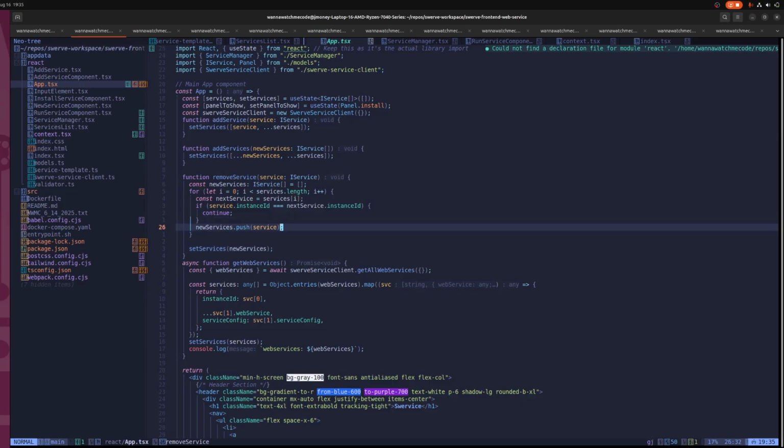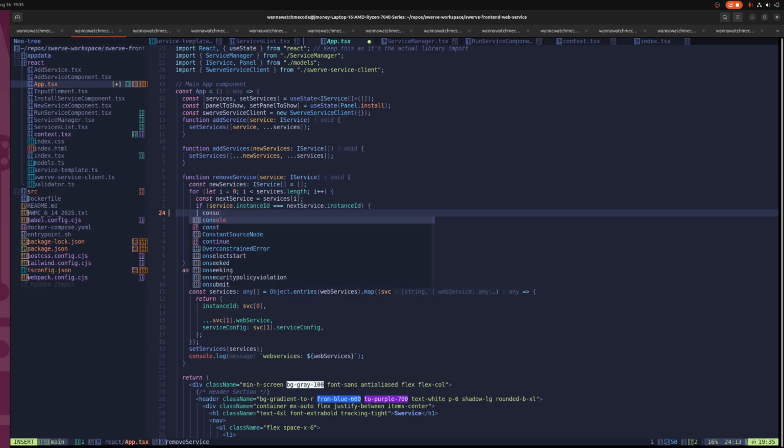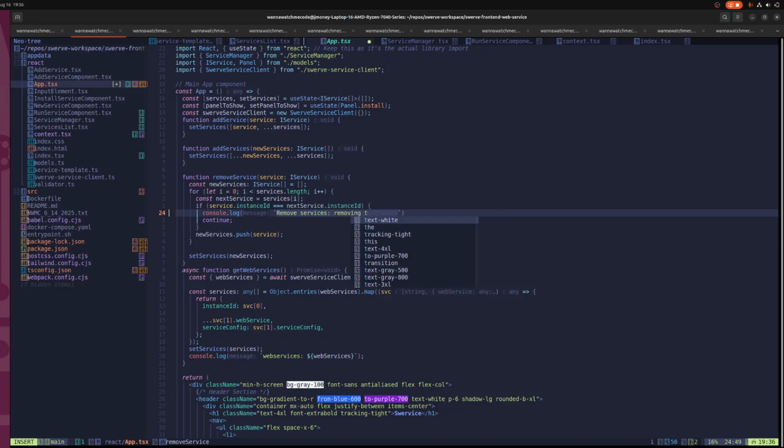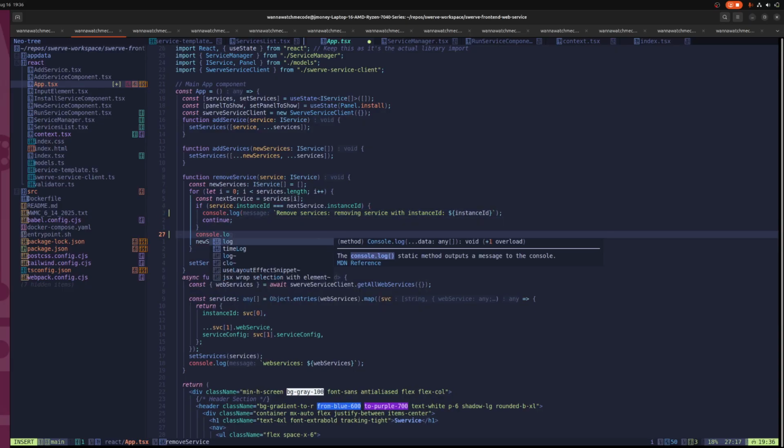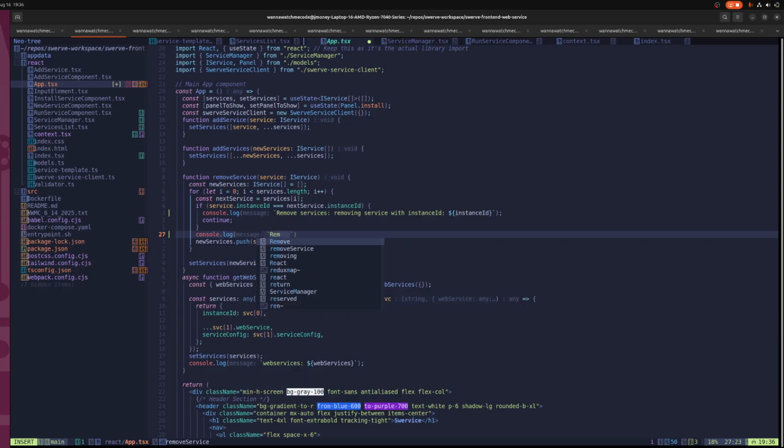Let me put some logging. Let's do console.log remove services, skip. Remove services, removing service with instance ID. Console.log remove services, keeping service with instance ID,